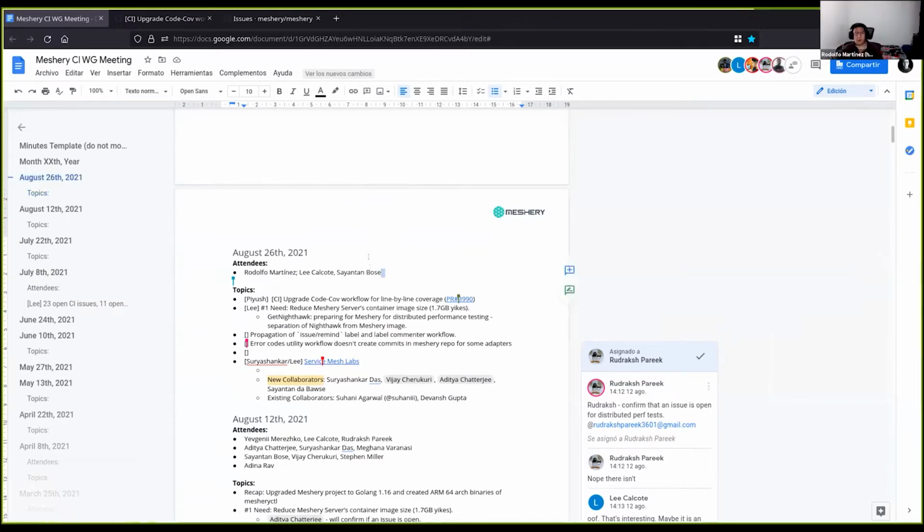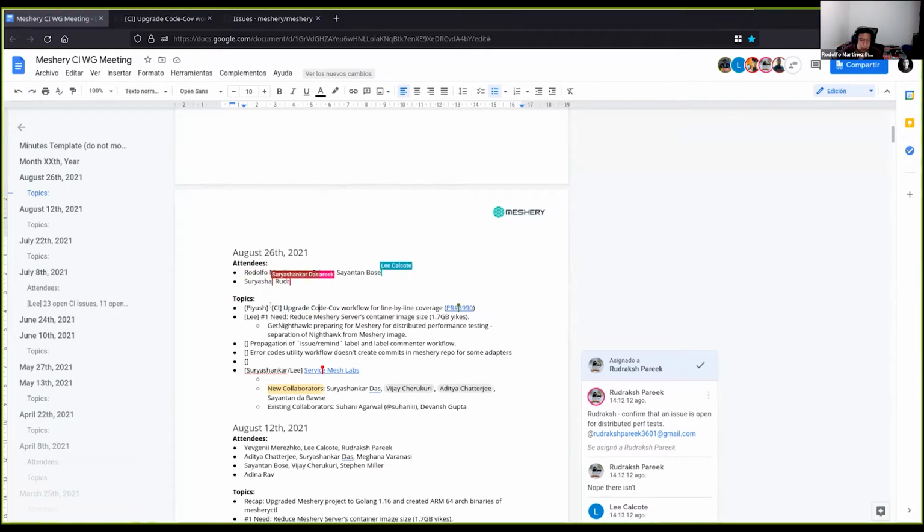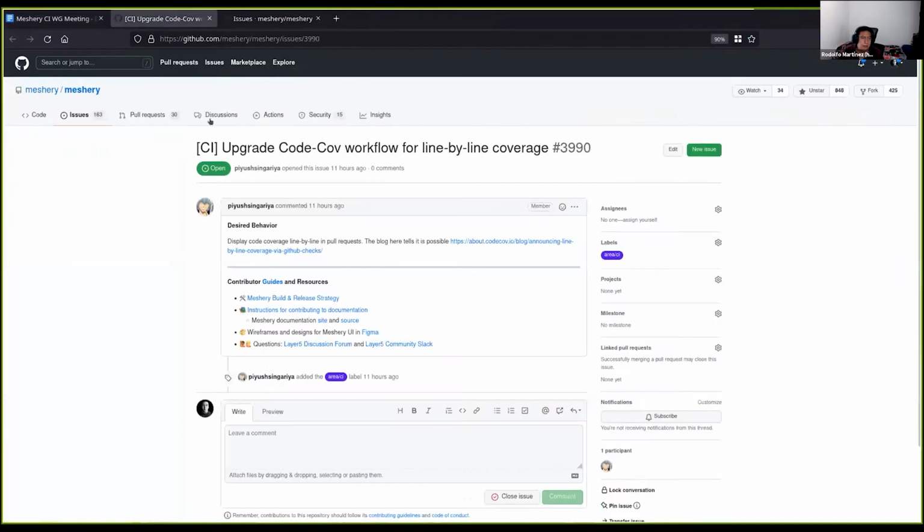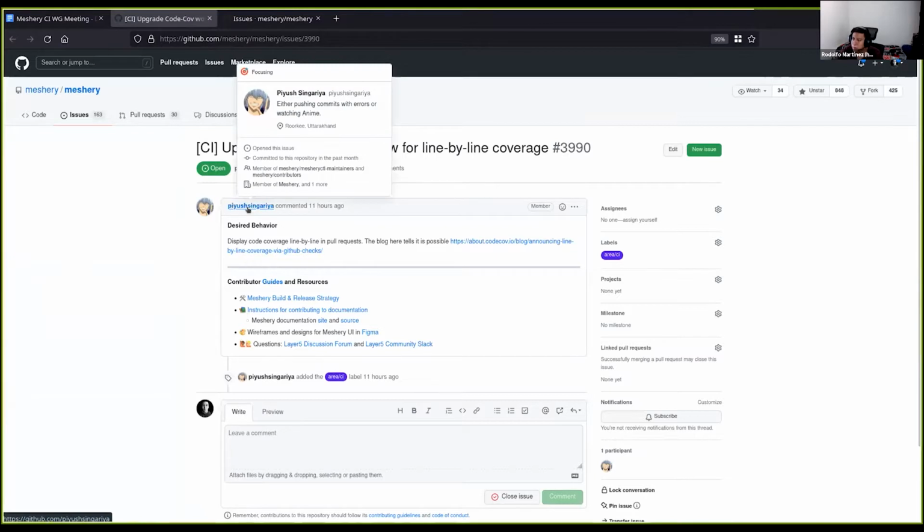So if there are no topics to add here, and if you already wrote your name here, we can start with the list. The first one that I have here is one issue that Piyush just submitted, and it is to upgrade the code workflow for line by line coverage. Here is the issue. I think Piyush is not in the call, but